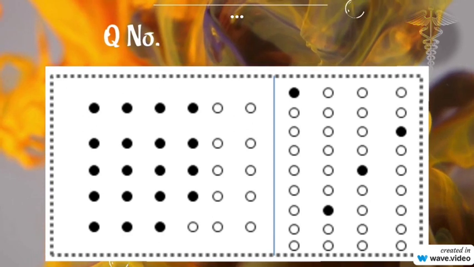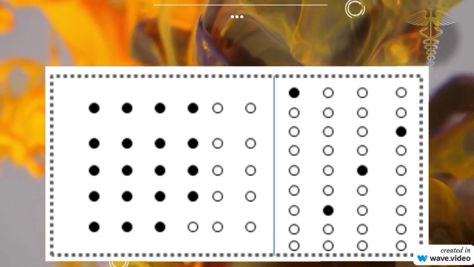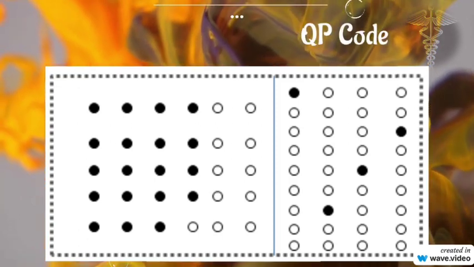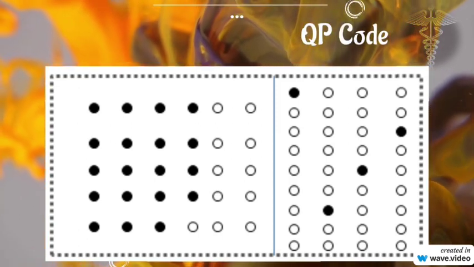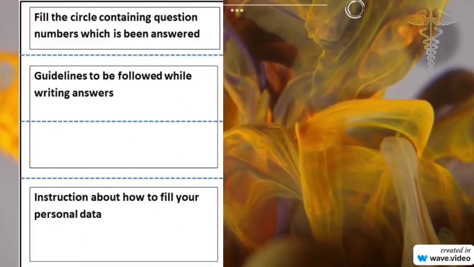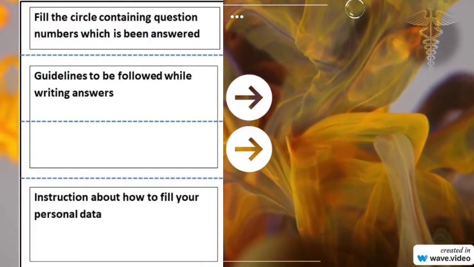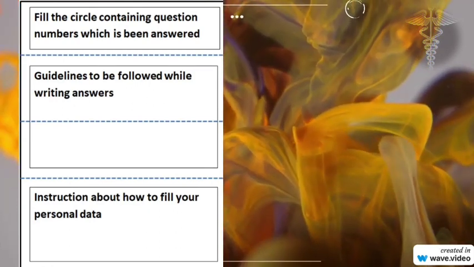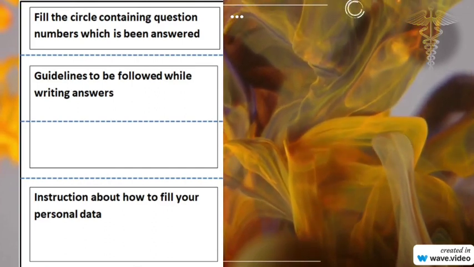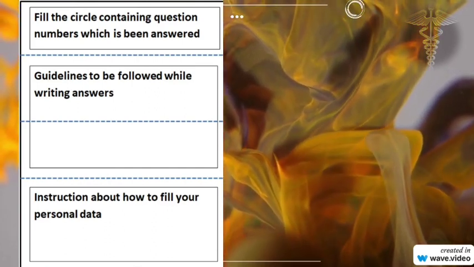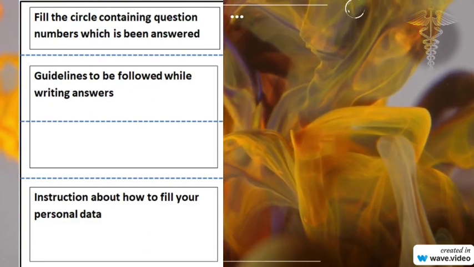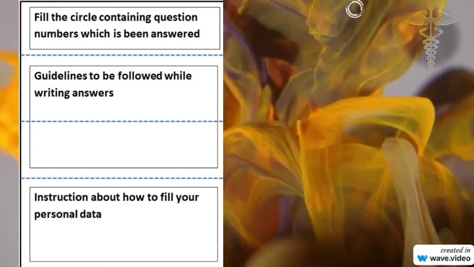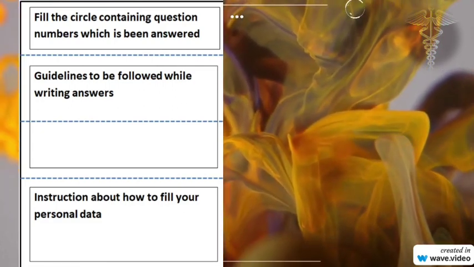And beside that, you have to fill up the circles for your question paper code. See this example I have marked for anatomy, 1753. Then coming to the second and third part, it will contain some instructions on what you should do and what to avoid. For example, write with blue or black pen only, no additional sheets will be given, etc. Now coming to the last part,